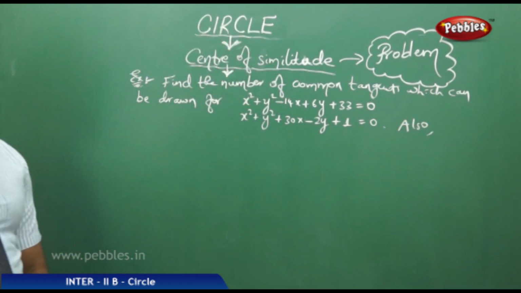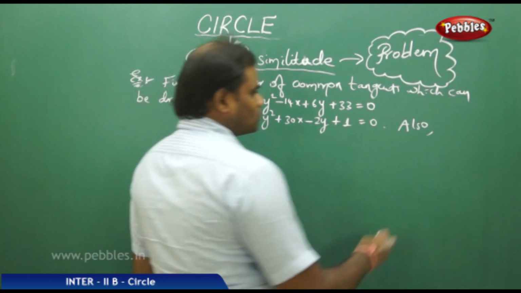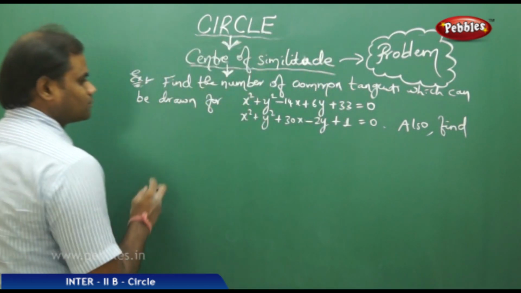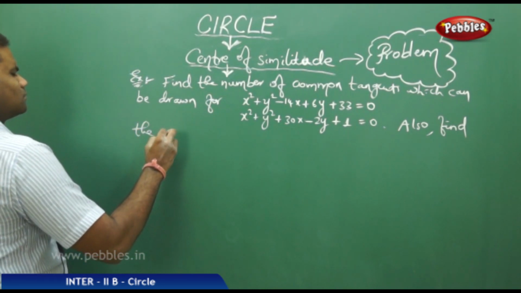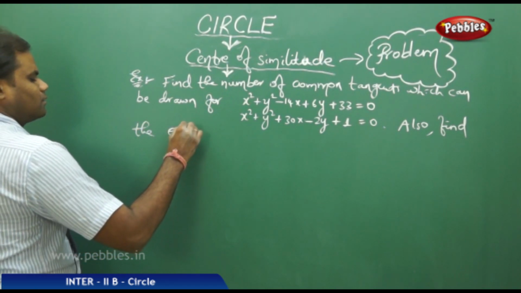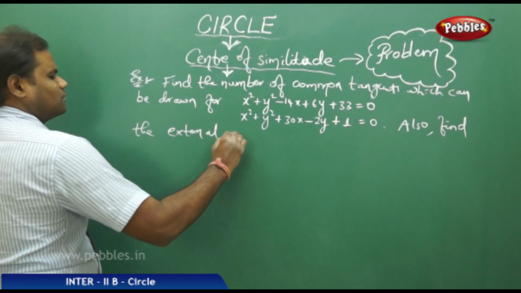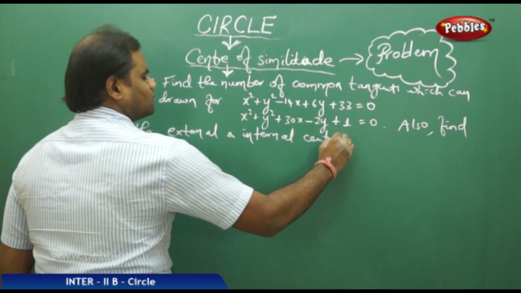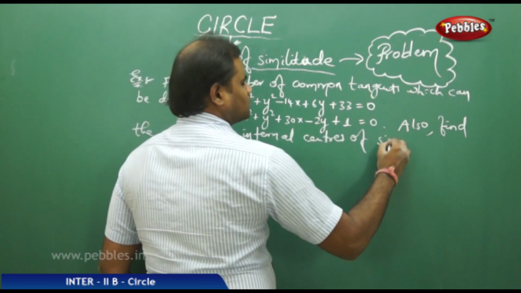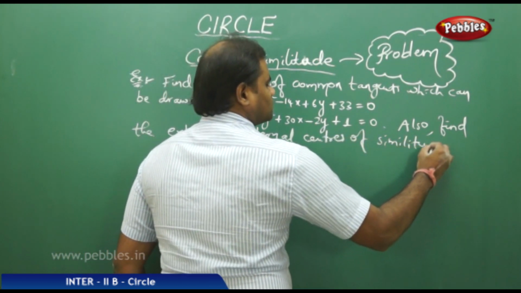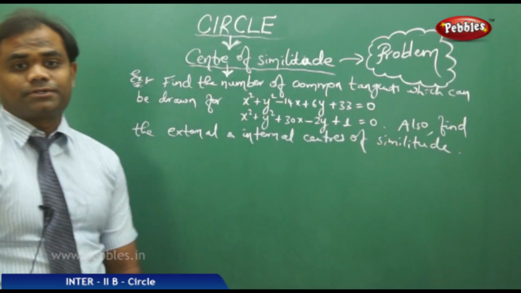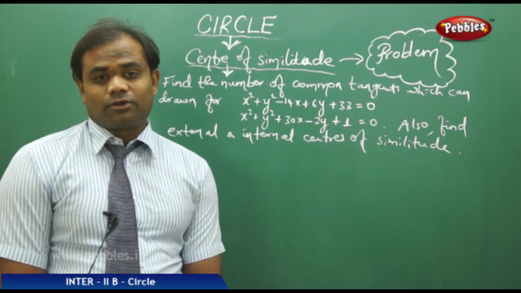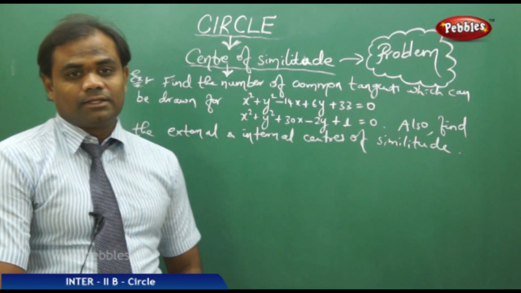So the initial part of the question is this, and also find the external and internal centers of similitude, if they exist. Now this question is related to the center of similitude, but before that, the part 1 of